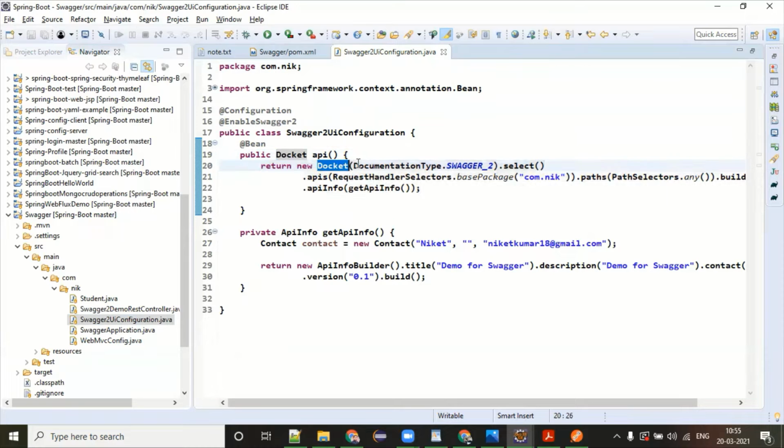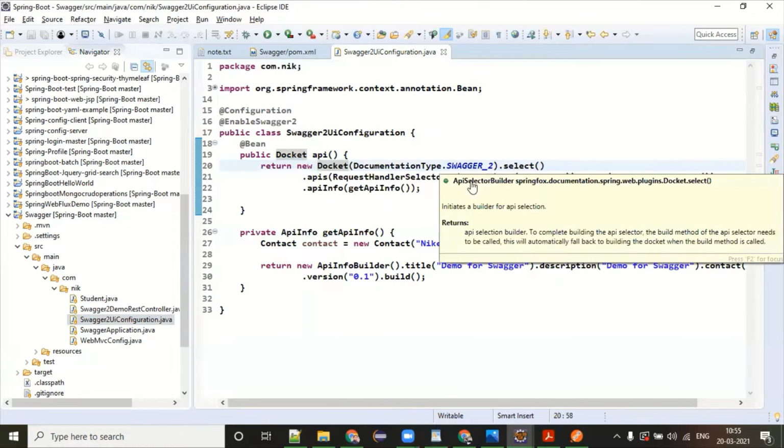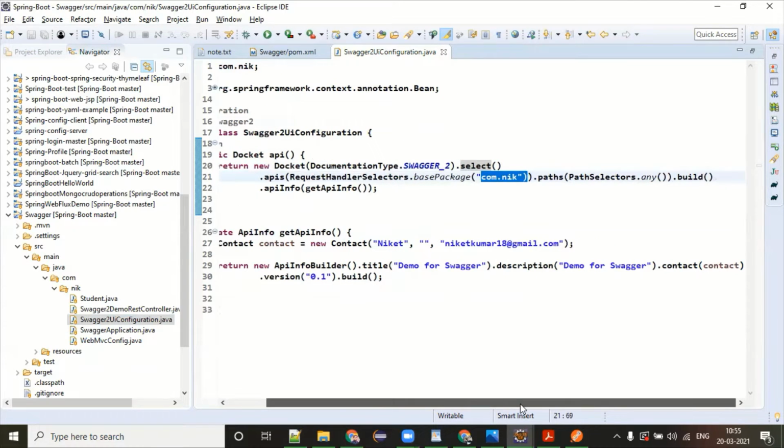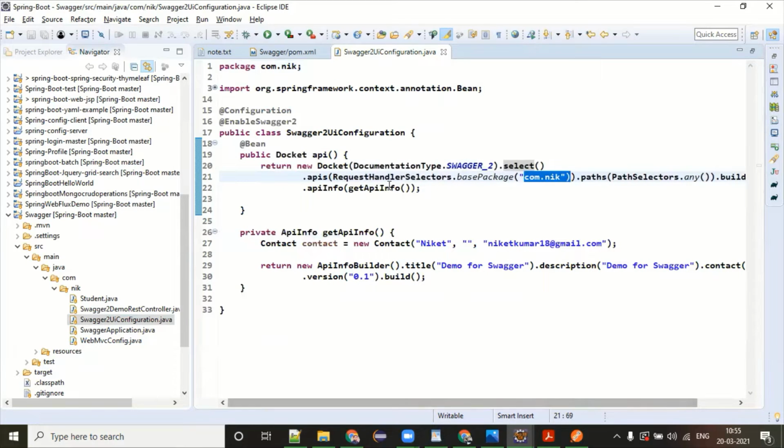You have to create this Docket object with the required information, such as your base package name, and the rest are defaults. One more piece of information is the API info. Sometimes you need to give a contact, so that if something goes wrong in this API, you know whom to contact. Some people prefer giving a name, some prefer giving a mail group.